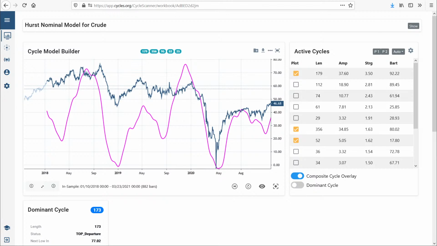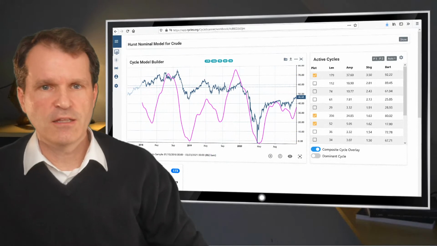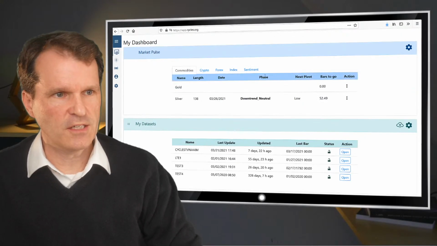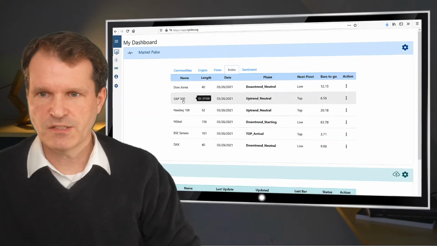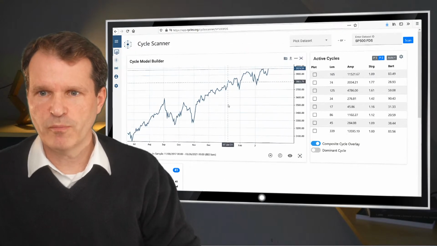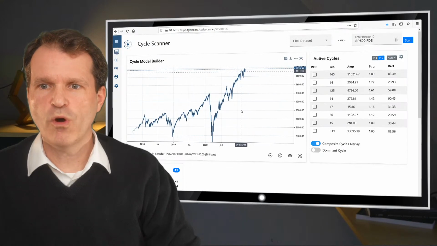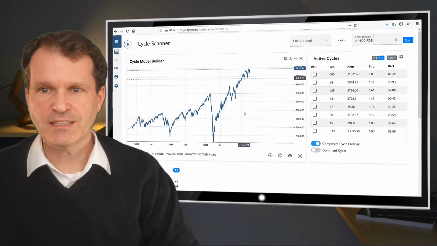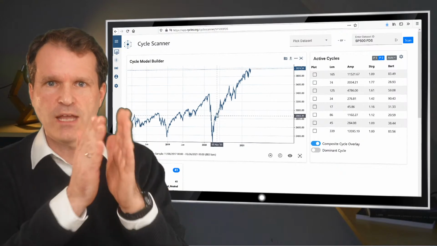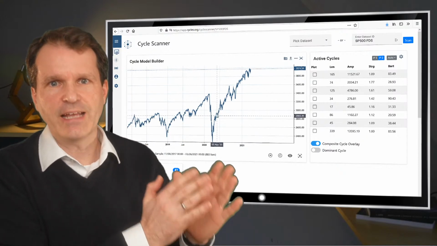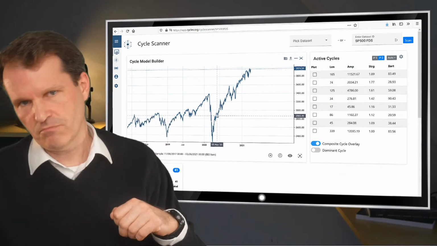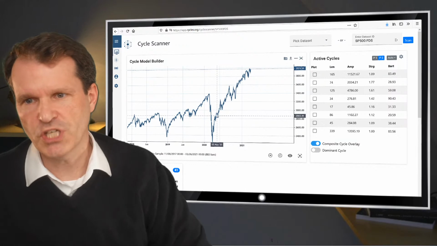To showcase the same idea on different data sets, just go to whatever data set you're interested in, for example the S&P 500 index, and pull up your analysis. And if you now want a quick Hurst nominal model applied, normally you would look through the main lows and then align visually by the cycle lows on the chart,